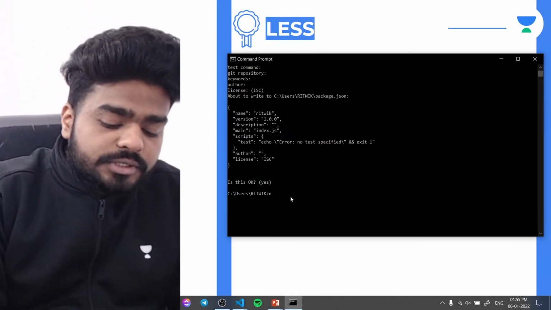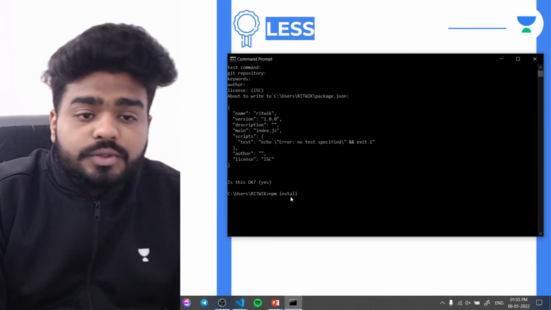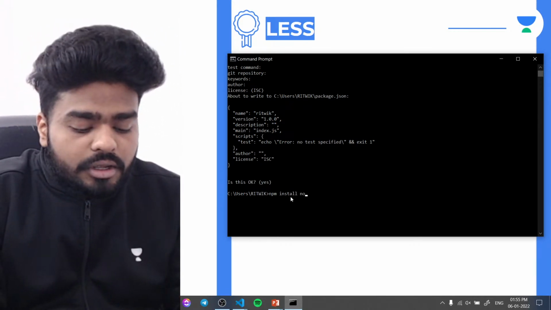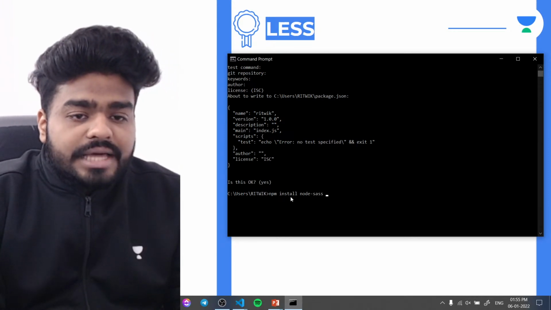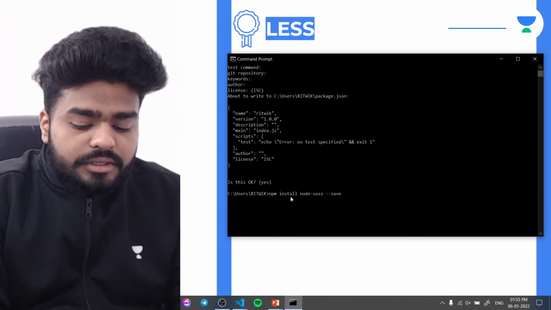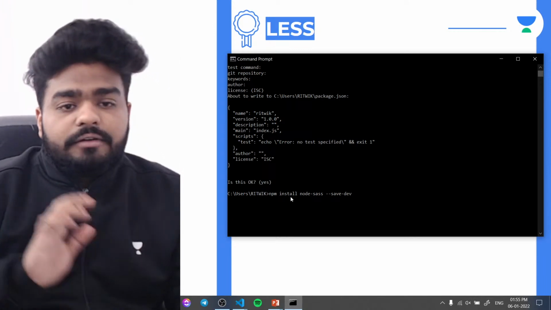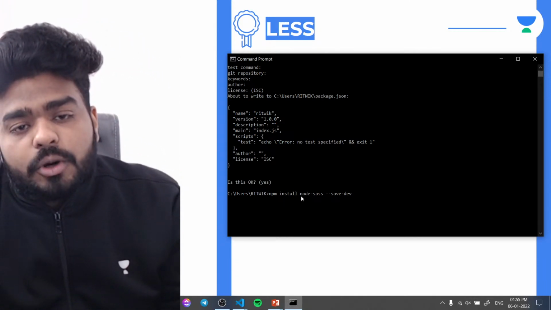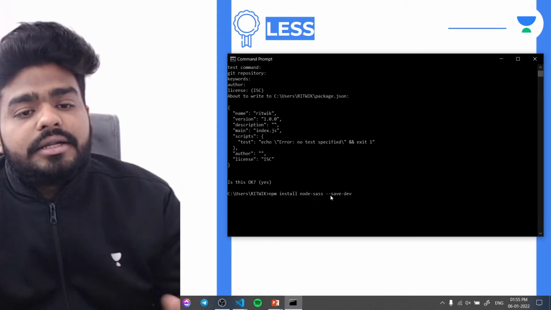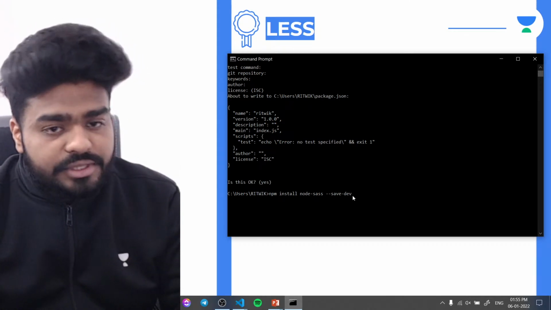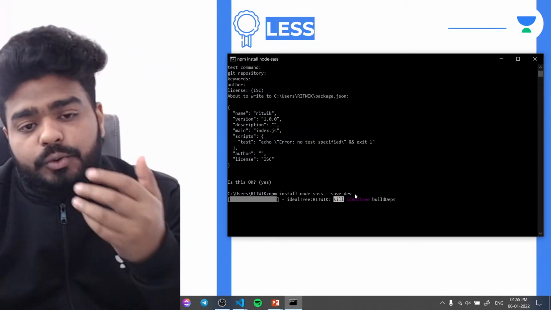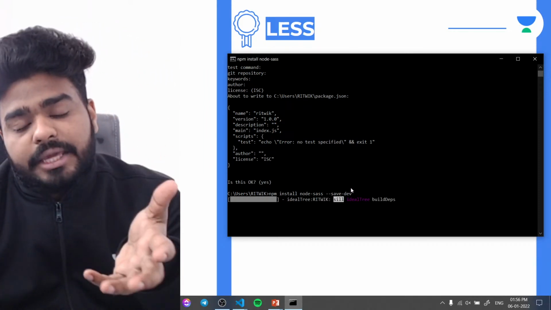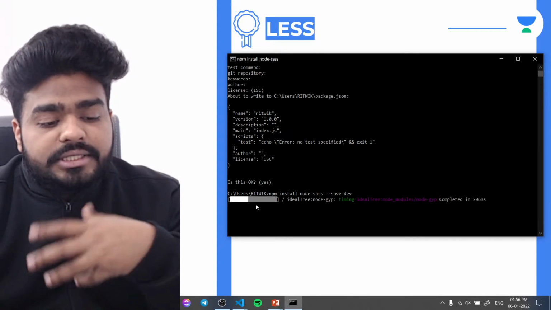So to install SASS, you have to use the command npm install node-sass --save-dev. This is the command which you have to run. Once you hit enter, it will start downloading your SASS files using npm, and after that you can start compiling